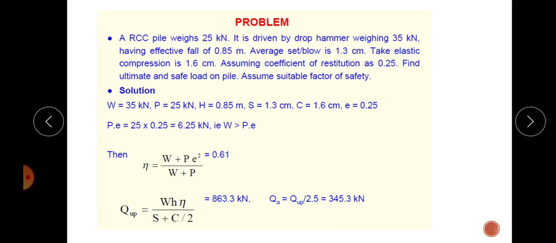Okay, so first you have to check whether W is greater than PE or less than PE. So calculate PE, that is P into E. P is the pile weight 25 into coefficient of restitution 0.25, that is 6.25 kilonewton. Okay, and what is W? W is 35 kilonewton. It is clear that this 35 is very much greater than 6.25, that is W is greater than PE. So since W is greater than PE,